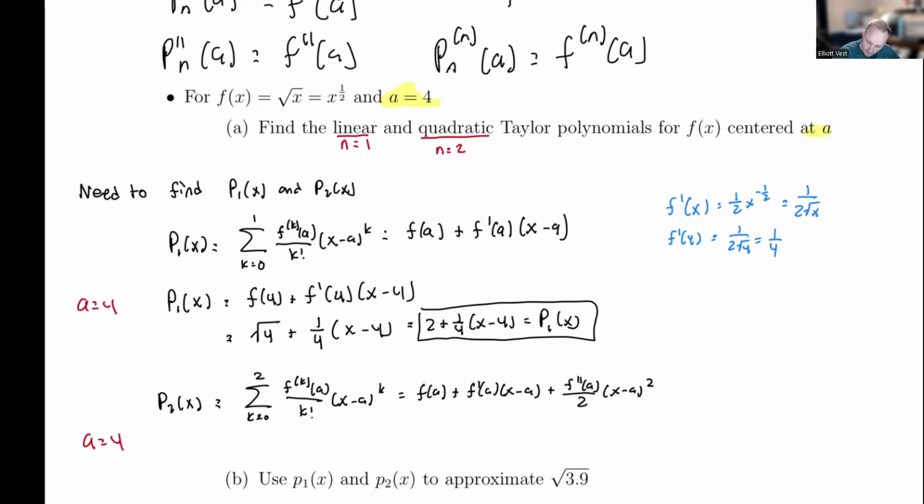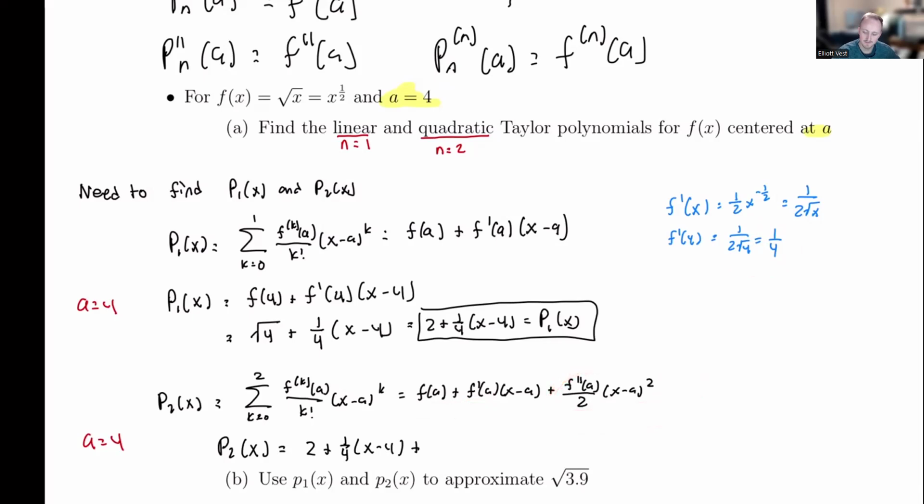A is equal to 4, so P2 of x is equal to the square root of 4, which was 2. This derivative at 4 is 1/4. X minus 4 plus,